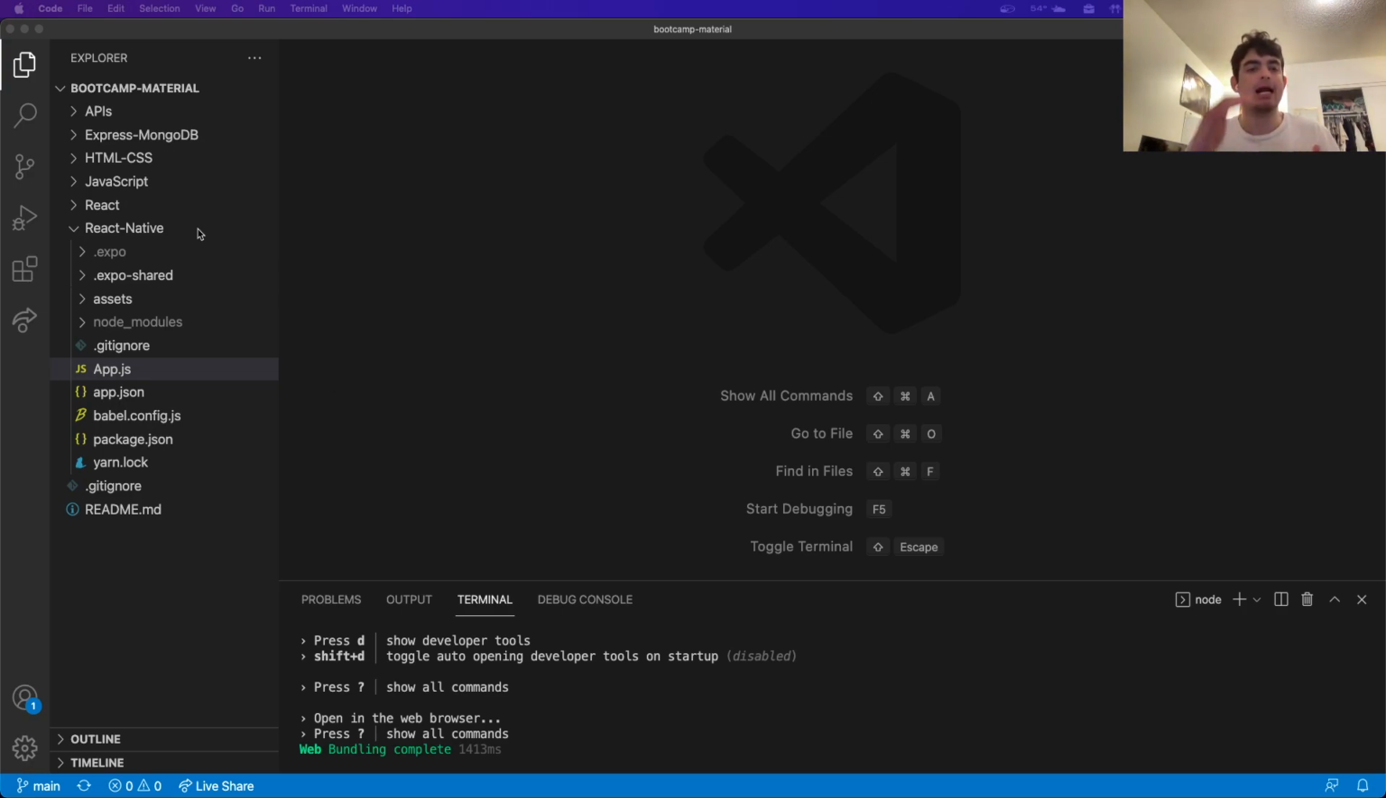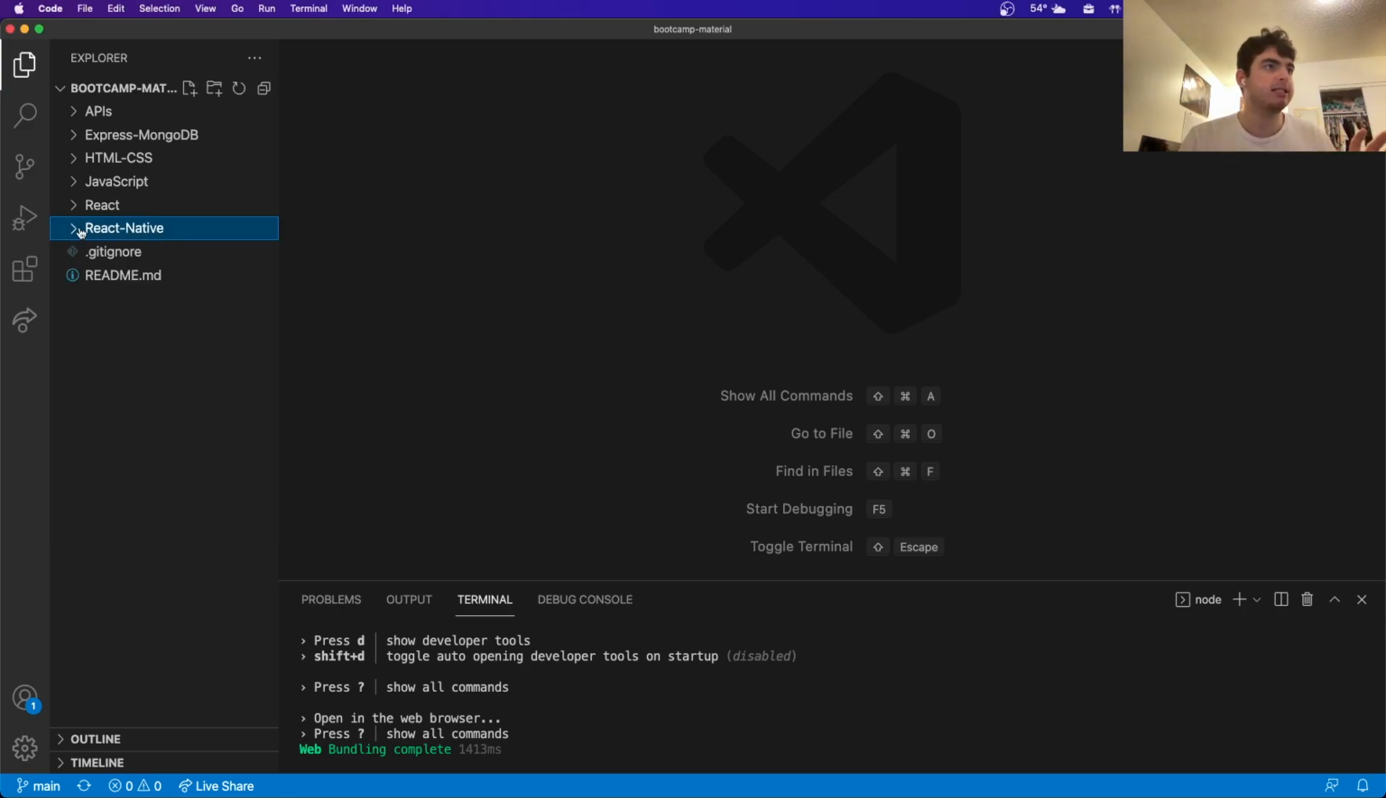And the first thing that I'd like to do is just walk you guys through the general file structure, what's different than a regular React app, and just what's going on here. And then we will talk about the specific components and how you actually render some basic code onto a screen. So the first thing to notice here when we click inside of this React Native folder